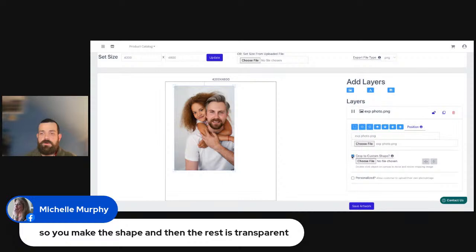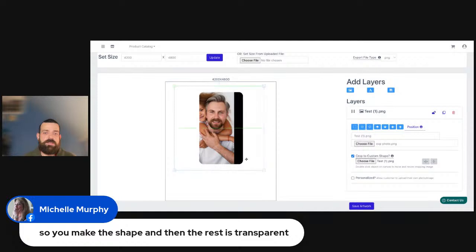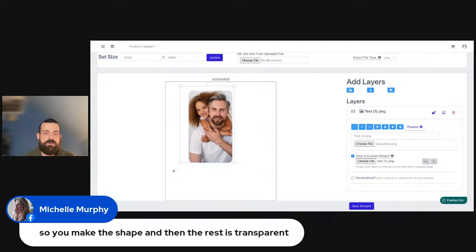And we'll go crop to custom shape, and I'll just upload that test image that I just now created. And you can see now this is cropping to that, kind of rounded corners. If I want this shrunk down a little bit, I can do that, move it around, get it positioned how I want it. And then you'll see now we have that